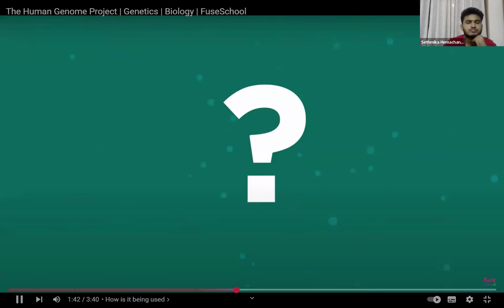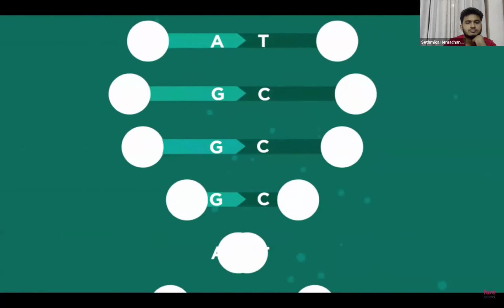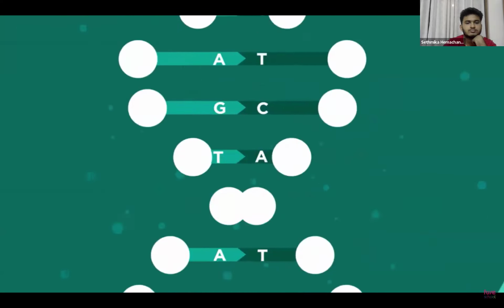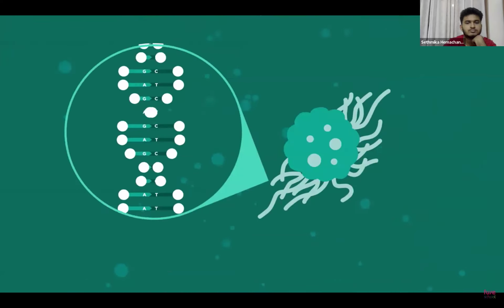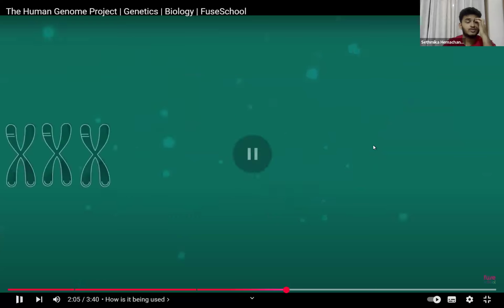So, now we have the information, how is it being used? Well, since the structure of DNA was determined in 1953, we have known that the order of the bases is very important, and that a change or mutation in this order can result in diseases. By sequencing the whole genome, scientists can use this information to work out the genetic causes of diseases, such as cancer, as well as developing treatments. So they can determine these DNA sequences of these diseases, cancer cells, genetic disorders,